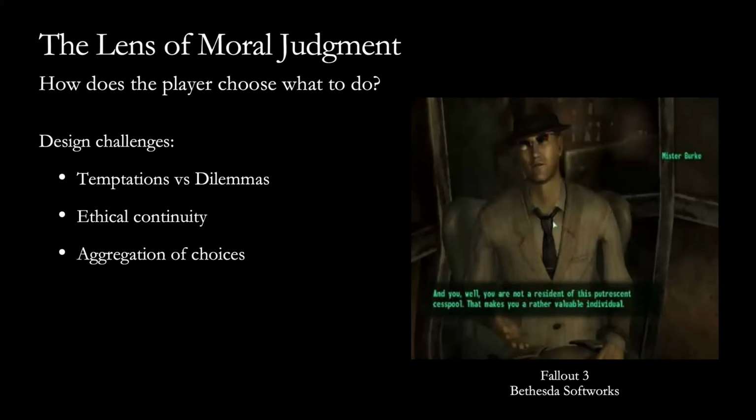And ethical continuity kind of leads to the next kind of design challenge, which is this idea of aggregation of choices. And this is essentially the same idea. It's not ethics in the real world, and interesting ethical decisions, we think, are not just these big one-off decisions that you make that either resolve the issue completely or make it worse somehow. In real life, when you're making ethical decisions, what you'll typically find is that ethical standpoints and ethical consequences are the result of hundreds or maybe even thousands of tiny little choices that you make over the course of your life, or in the case of video games, over the course of a game. And these sort of add up over time to kind of define the sort of moral person that you are, and define the kind of moral judgments that you're making.